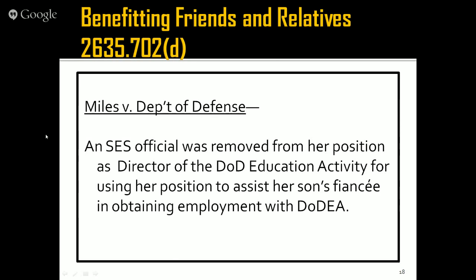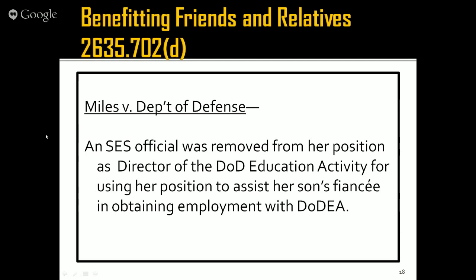I noticed that what I've put on the slide here, I'm taking us back to that original scenario we talked about, that MSPB case where the SES official was removed for basically using her position to get her son's fiance a job in the activity where she was working. And if you remember back at the very beginning, I said, when it comes to charging folks with a violation of the standards of conduct. In this particular case, the charge that was brought before the MSPB was one of misusing government office for private